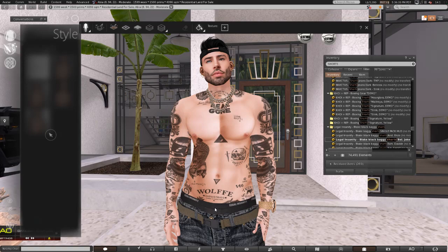The only downside is that people don't really make clothes for it because it's more of a bodybuilder body, and not every guy wants to be that huge, so people tend to always make clothes for Belleza or Signature, and that's fine. The Belleza body is actually my go-to body when I feel like I want to wear clothes that everyone else is wearing. The problem is that I can't get it as big as I want it to be,